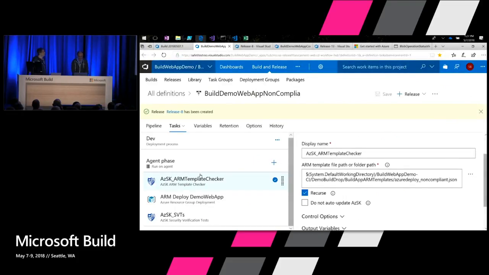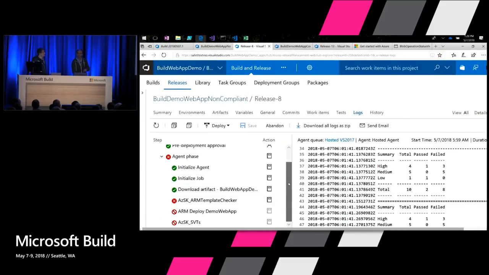So I did that, added this task, and I passed my JSON file as an input parameter, right? In this case, I am just passing a template which I have not fixed. Just imagine you are a team of 4 or 5 people. Everybody is working on their set of resources, right? Not necessarily everybody is following the same set of steps. So the CI/CD pipeline will act as a guardrail for you guys to ensure that everybody is following the same standards. By adding an ARM template checker there, any incorrect template that got checked into my repo, I can simply block my releases if the template is not secure.